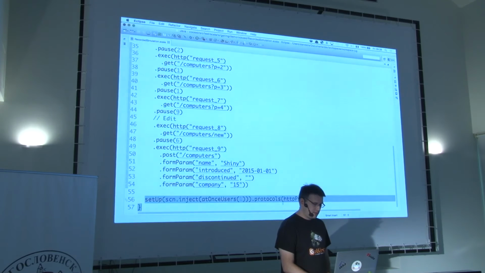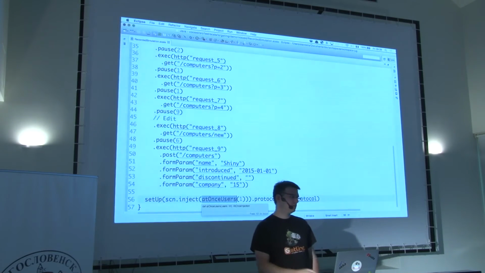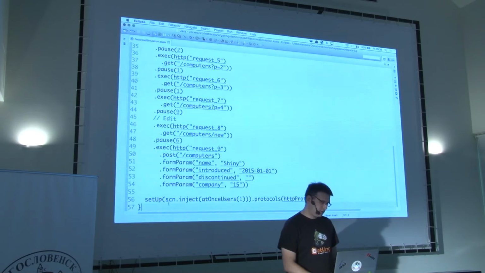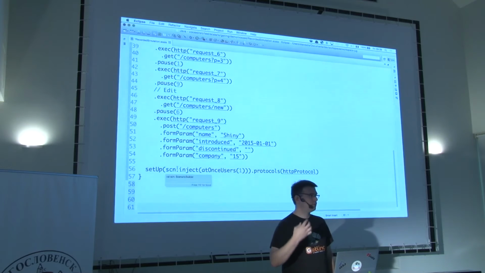And at the end, you can see the setup. So here I configure the HTTP protocol. I attach it to my setup. And I say that I inject only one single user. What I want to show you here is how interesting it could be to have a real programming language, how